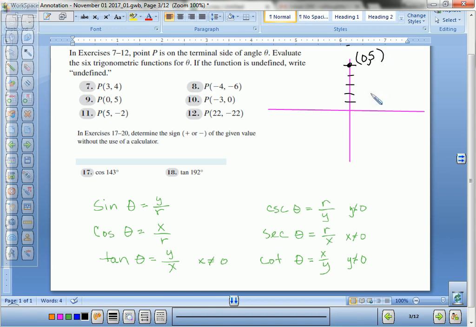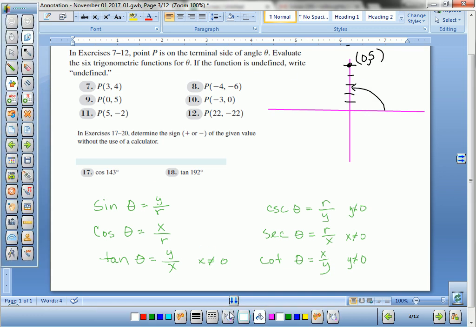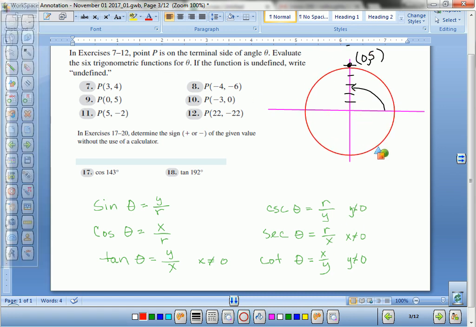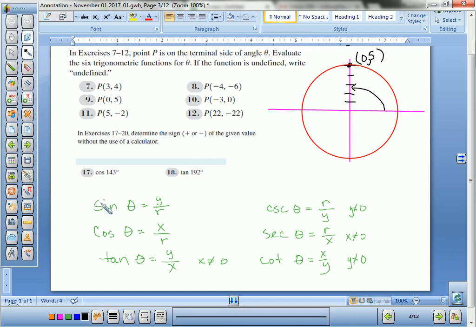Now, if we think about this in terms of a rotation, this would be a 90 degree. But if we think of this in terms of the circle that would form, whoa, wrong. Hold on. Undo. Start right here. There. Okay? We would see that in this particular case, the y is the same as the radius. Do you see that now? Yeah. Now that we drew the circle, and if we think about this in terms of an angle of rotation